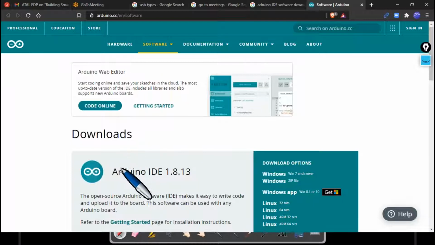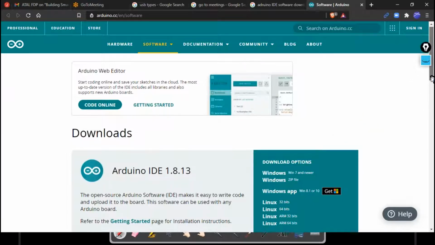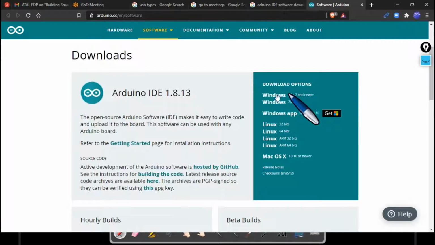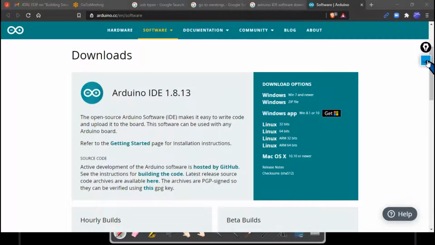Right now the current version of Arduino IDE that is available is Arduino IDE 1.8.13. This is under the downloads heading. On the right half, you can see download options. Here, depending upon your system OS,